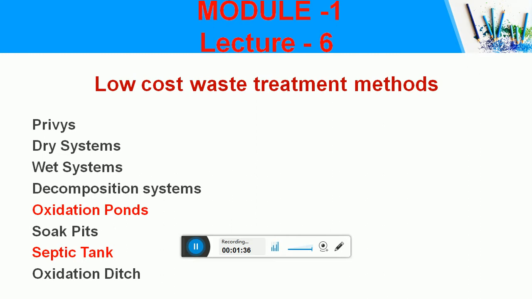Nowadays you might have seen e-toilets or dry toilets, which are being placed under the smart city initiative at various places like parks, where you don't have a proper sewerage system. Under those circumstances, we have this dry system of toilets, sometimes also called e-toilets, which you can see in various parks of our own city. Then we have oxidation ponds or oxidation ditches. We will see in detail how they work.